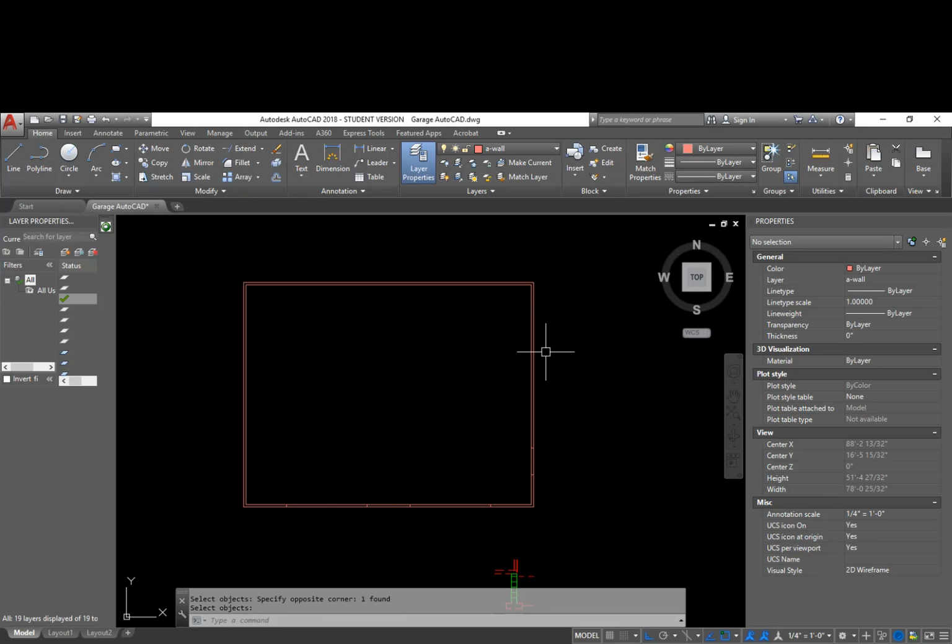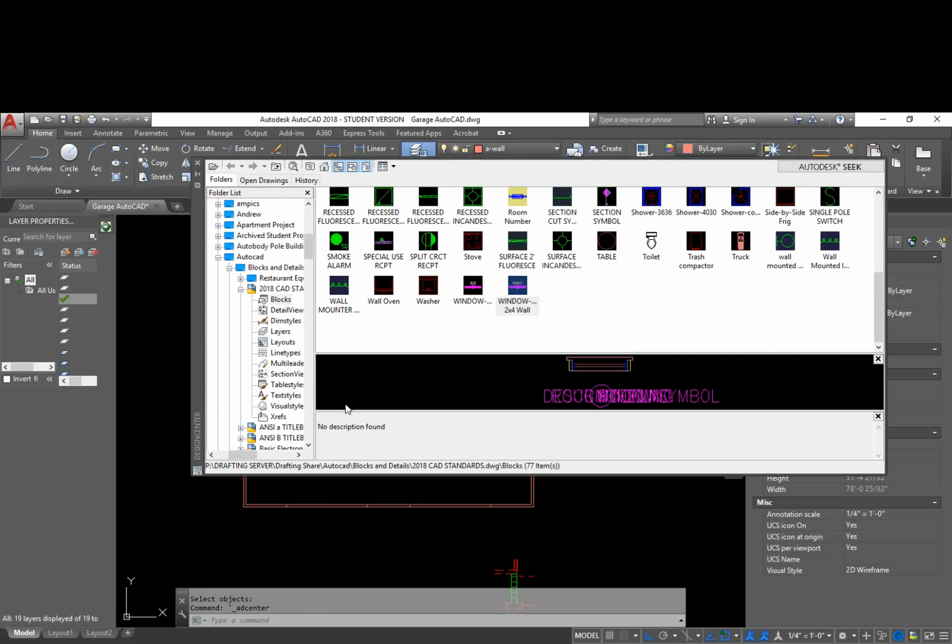Alright, so the next thing that we need to do after we have the outline of the floor plan shown is we have to get some doors and windows located. So the doors and windows are basically, we could draw everything from scratch, or we could use some pre-made blocks, do some editing to those if they need editing. So I have pre-made blocks in the design center, and they're basically in the AutoCAD folder, blocks and details, 2018